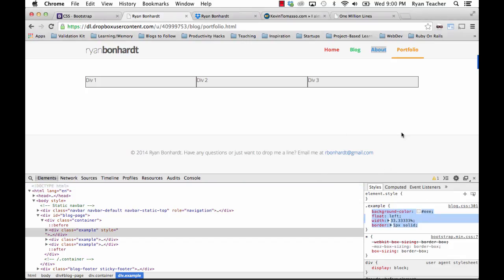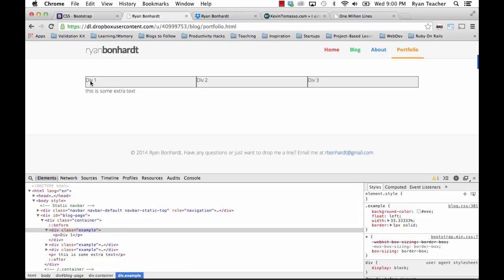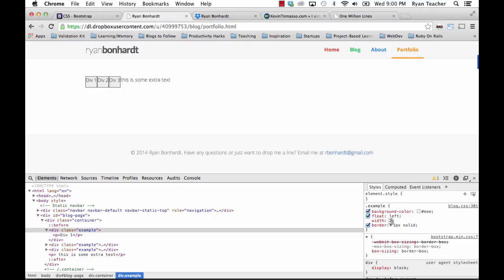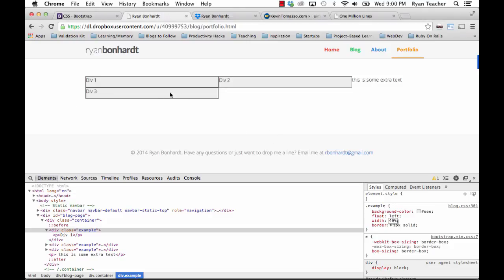So we said that it pushes as far to the left as possible. Let's say we change this. Well, first, this is all in one line because it fits within 100%. If we change these to 40%, see this div 3 is no longer on the same line as div 1 and div 2, because 40 plus 40 and then another 40 is 120, so it went over 100% of the width. Okay, so it gets pushed to one line, and as you can see, they all push to the left,